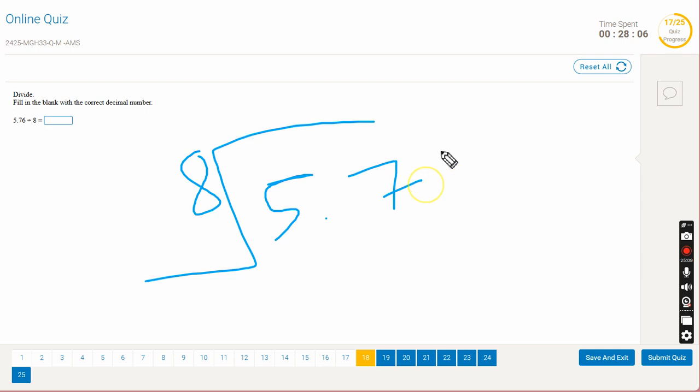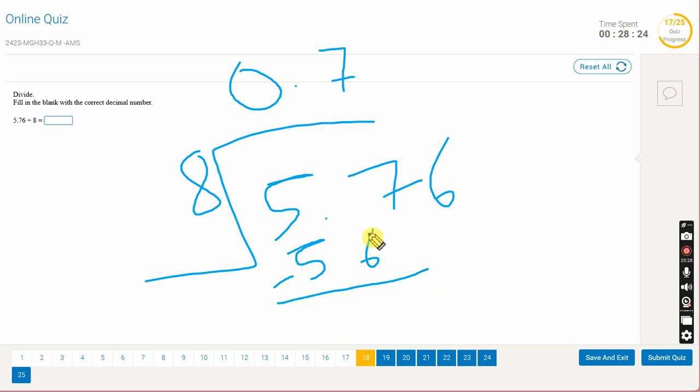5.76. Okay, now 5 is too small, it's not in the multiplication of 8. It's too small to find the multiplication of 8, so we're just going to put 0 point. Now what is 57? We know it will be 7 because 8 times 7 is 56. So 57 minus 56 is 1. Okay, you bring down the 6, and what is that? 8 times 2 is 16, so you put the answer 0.72. That was quick. And the more your multiplication is strong, the more